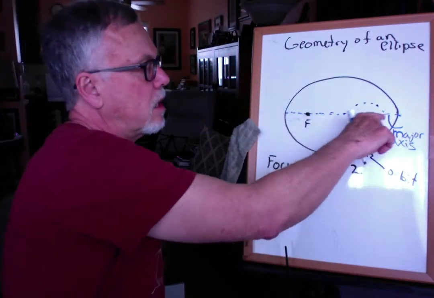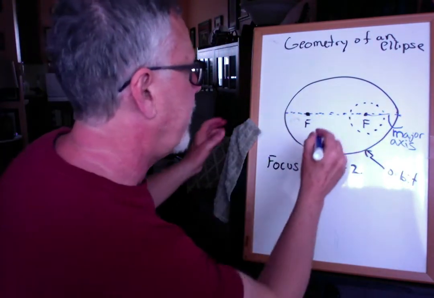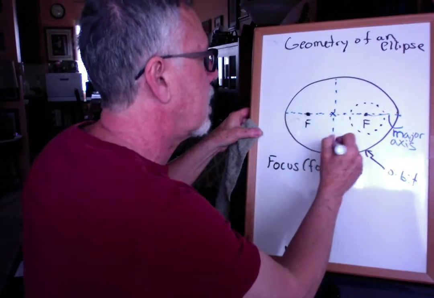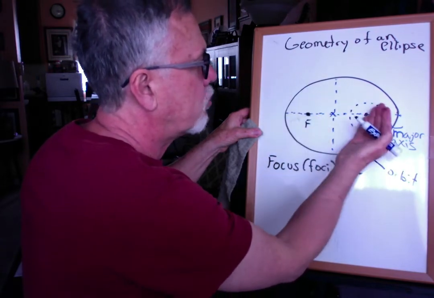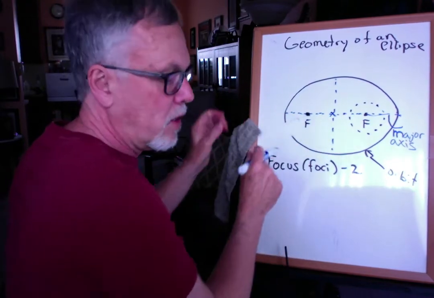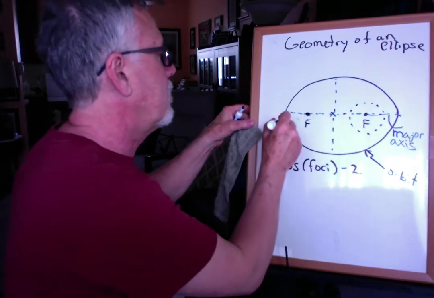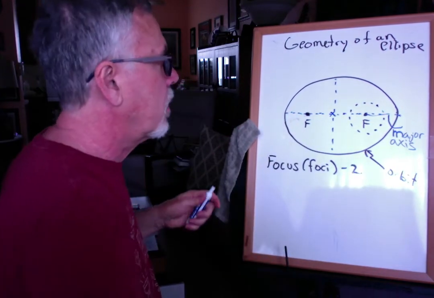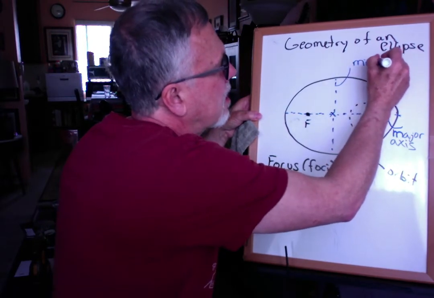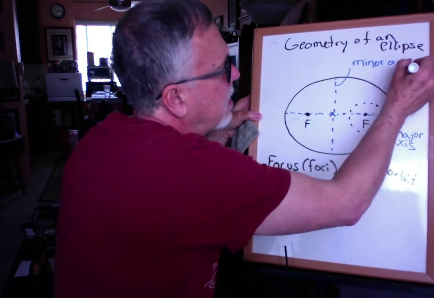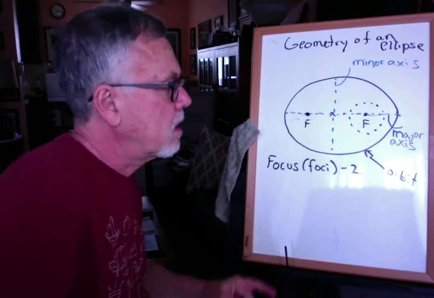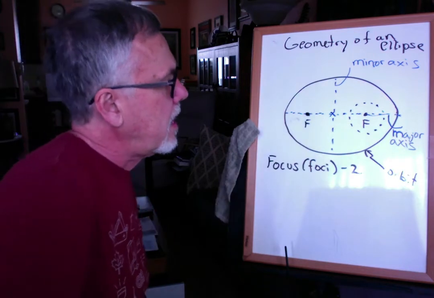And it cuts it in the long axis. Now, if I can find a halfway spot, I could draw another axis that cuts it, should be equally symmetric this way, back and forth. This half should fold over and exactly match that half if I was a good drawer. And of course, I'm not. And so this is what's known as a minor axis. And again, it cuts the ellipse, the shape here, into two equal halves along the small axis of this.